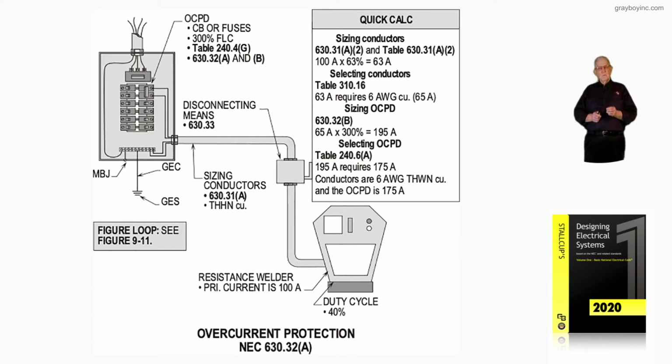Notice Table 240.4G states that yes, you can size the overcurrent device greater than 125% of the welder's primary current, and size your conductors at 125%. It would allow you, in Table 240.4G, to size the overcurrent device greater than 125%, and we're using 300%,